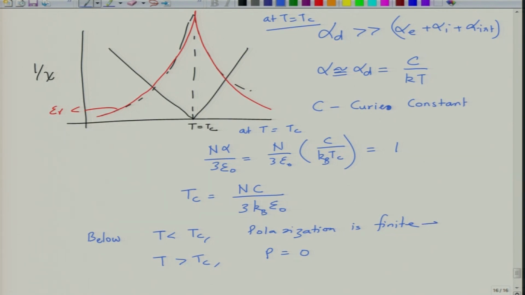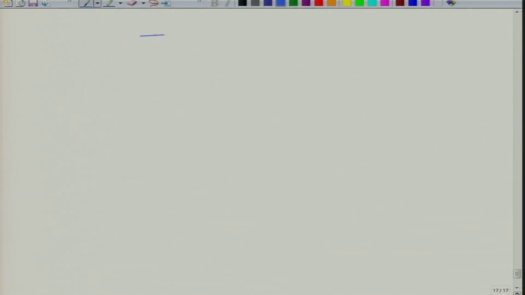So, this means that dipoles will align, and this means that dipoles will be random dipoles. So, what is then Tc? Tc is equal to Nc divided by 3, and we can write the C in terms of alpha divided by kT. So, if you replace the value of C,